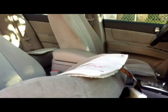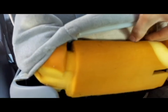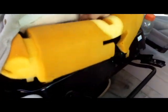It's gonna be a little bit hard to do it by one hand, so I will probably have to put the phone down, or let's see if I can do this by one hand. It will be a little bit tough, but you will get the idea. Just need to